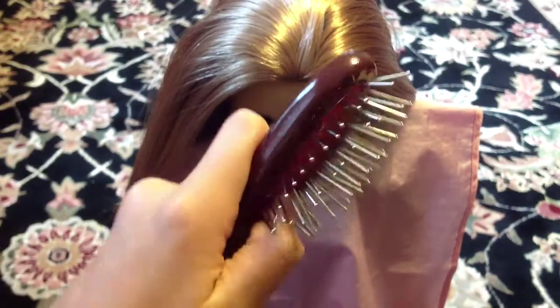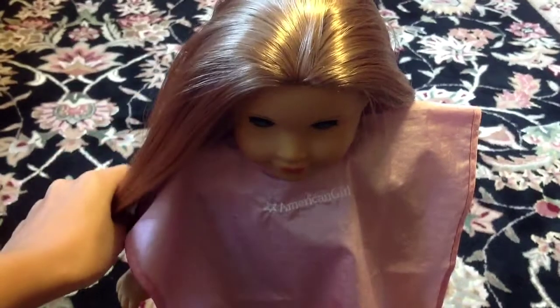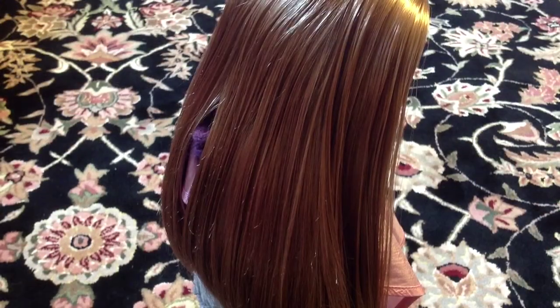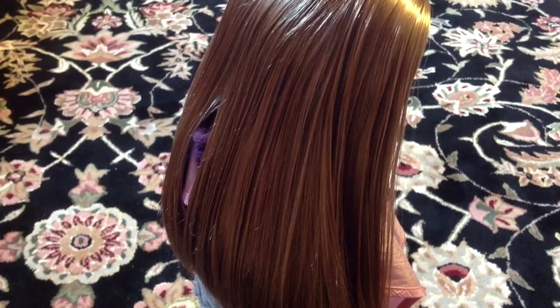A wire hairbrush, I recommend the one from American Girl. And you'll also be needing a straight hair doll. It doesn't work as well on curly hair or wavy haired dolls, but I recommend doing it on straight hairs. So yeah. Okay. So what you will want to be doing now is just misting your hair very lightly and